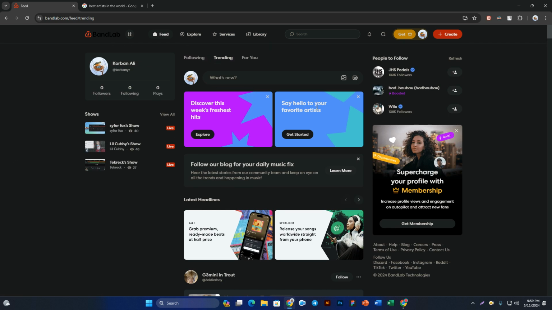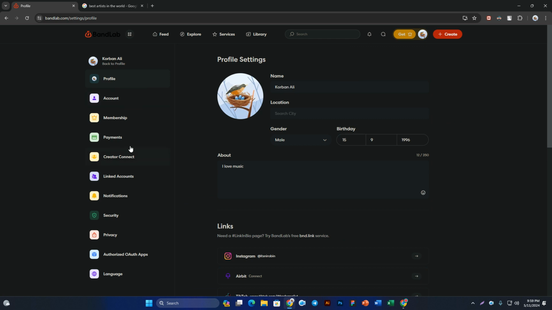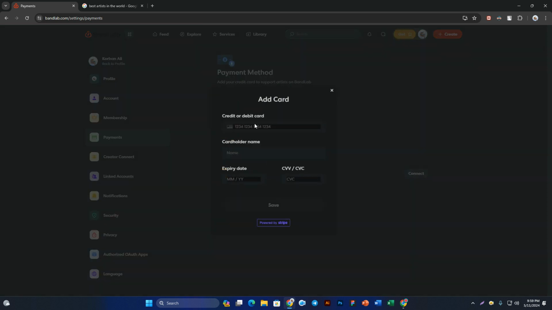So what you need to do, you need to click here on your profile and click the settings option, and you'll get the option payment on the left hand side of your screen. Once you click payment, then you'll get a couple of options. Then you can connect a default, and if you want to add your payment method, simply click add card, and you have to give your